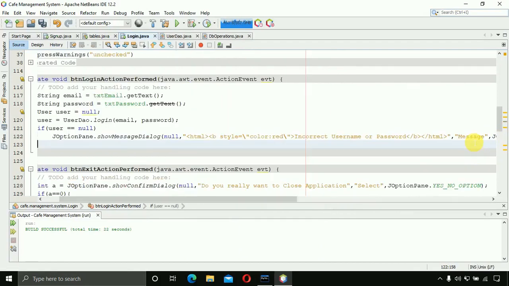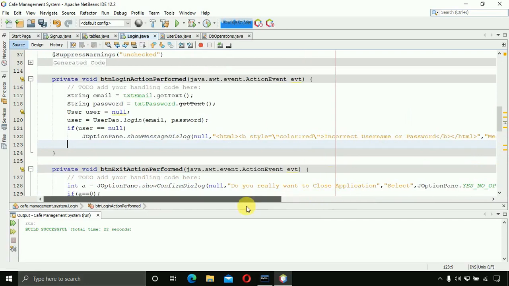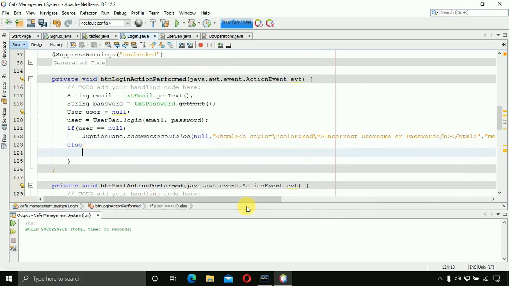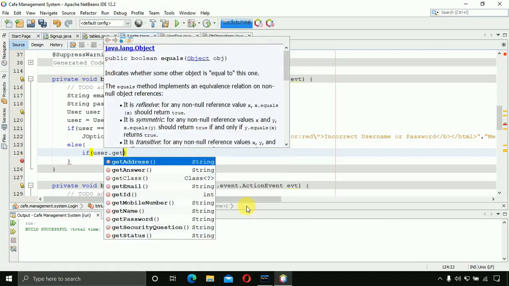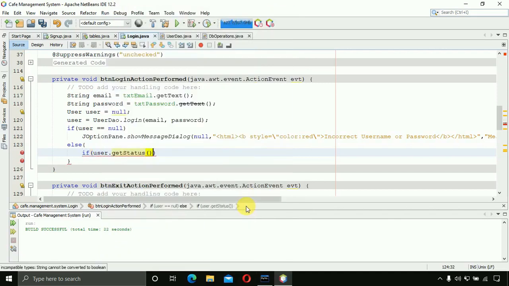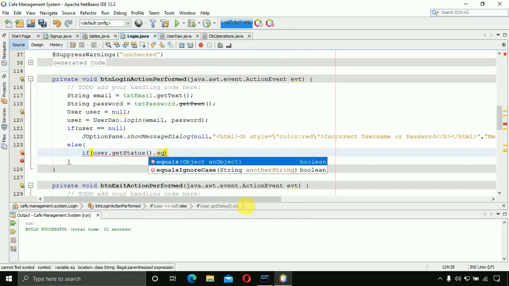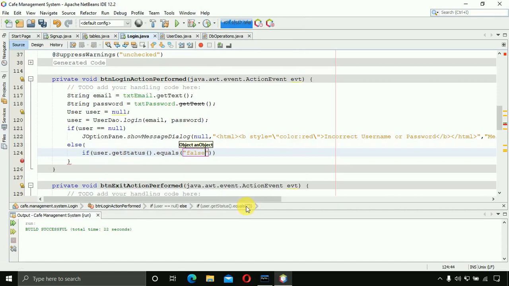After that if condition, we also are going to write the else condition, okay, and in the else condition, if user.getStatus, this one, equals false, consider it as false, it means that the user is not active, did not get approval from admin. So in that case we need to display the message wait for admin approval. So for that what we are going to write over here is